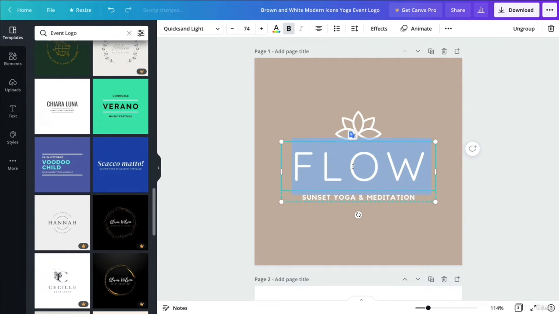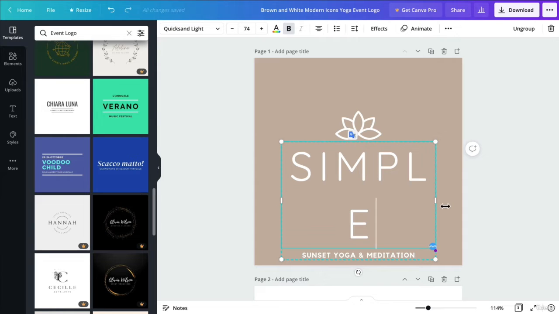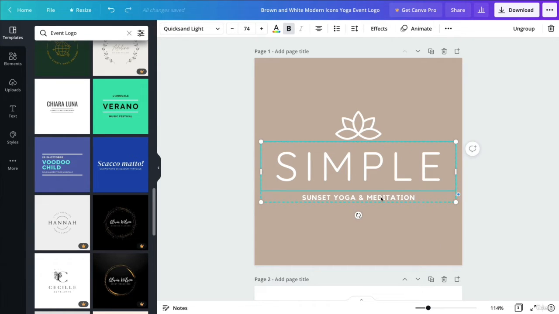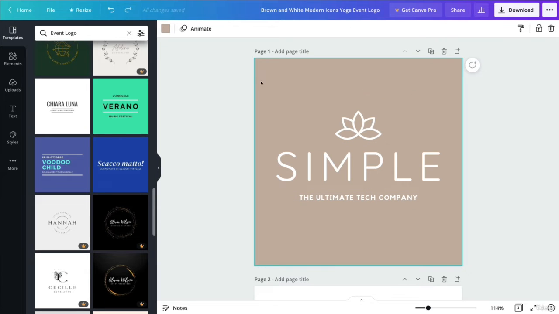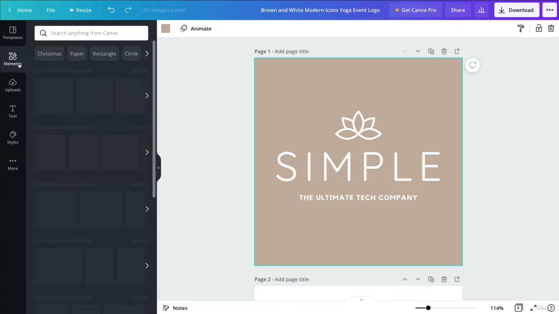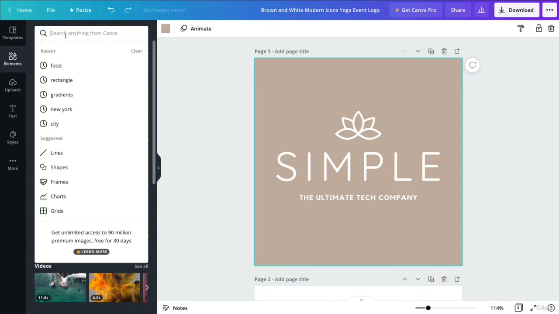So let's write in simple, which is going to be the text for the logo. And in this case, we're going to change the heading to the Ultimate Tech Company. And now in order to have this logo on the topic of tech, we're going to search for an icon.